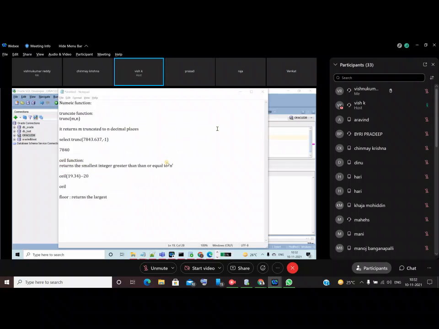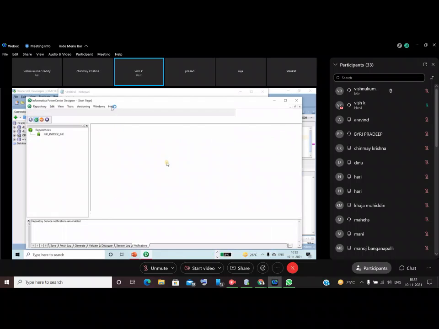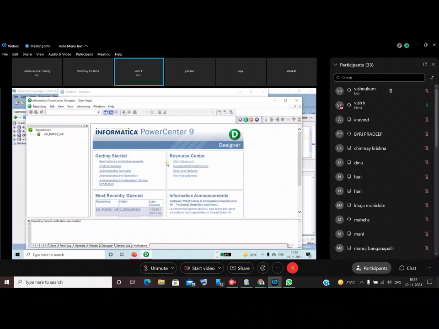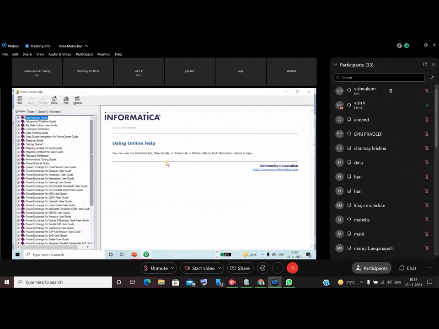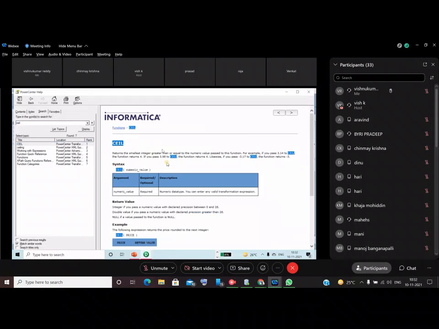That's why these functions will come in your work environment. If you want documentation also, you can go to the help document, search for ceil, and see.